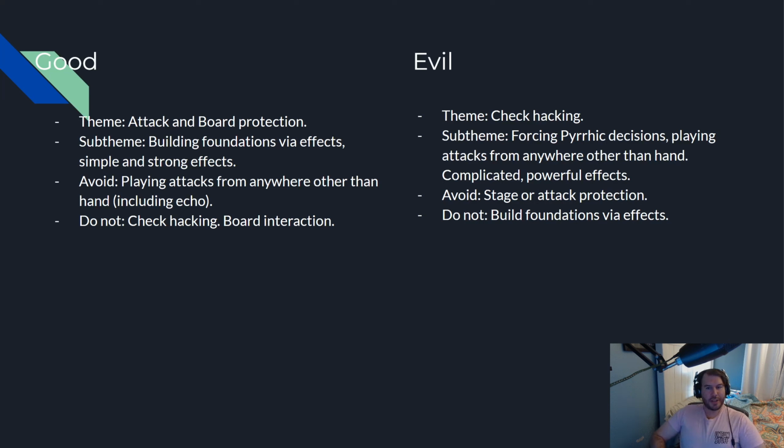Like, I'm here, I'm protecting my stuff, I'm protecting my people, and my people, my stuff is my board, my attacks, right? I think that the good symbol should have the most protection for its own things, and it should be hard to break through its simple, strong defensive and offensive tools. Should be building foundations via effects, and avoid playing attacks from anywhere within their hand, including the echo keyword,